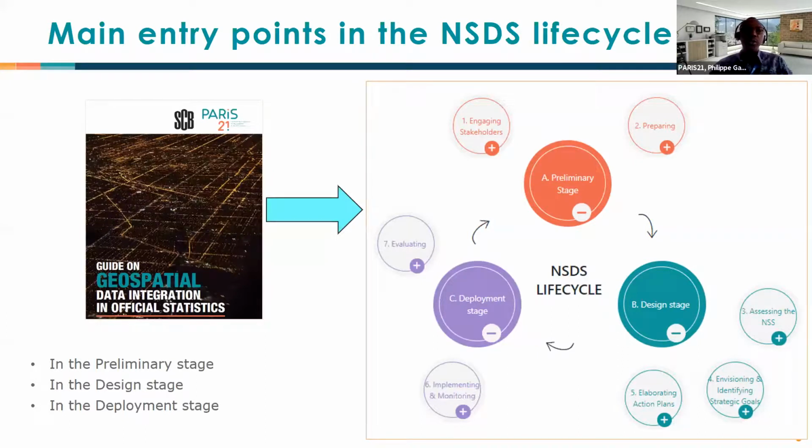Through all the steps that I have mentioned in the guide, there is a clear linkage which is already defined in the NSDS guidelines 3.0 on the website. But you will see that at each stage of the NSDS life cycle, you will need to integrate geospatial data and official statistics, from the preliminary stage where you make the case, where you pitch the need to have an integration of geospatial data and official statistics, to the design where you do your assessment and you include this component in defining your strategic objectives,